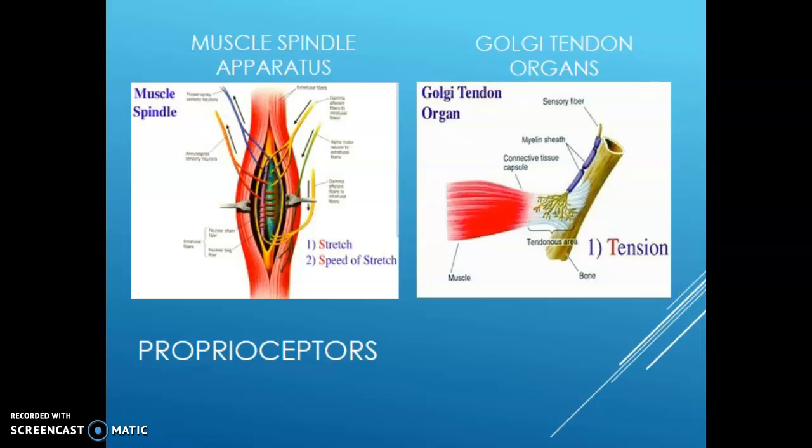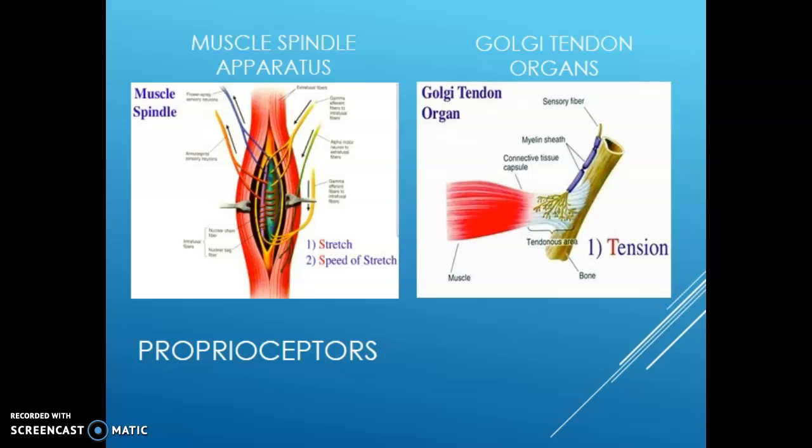The muscle is connected to the bone through a tendon, and within the tendon there is the Golgi tendon organ that detects tension in the muscle-tendon complex, which is important as it sends signals to the alpha motor neuron, to the brain, from the alpha motor neuron to the brain, which relays the information that relaxes the muscle and decreases